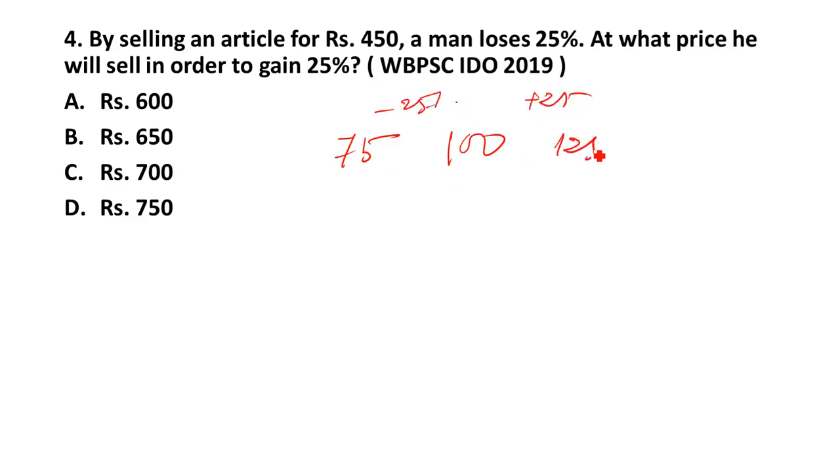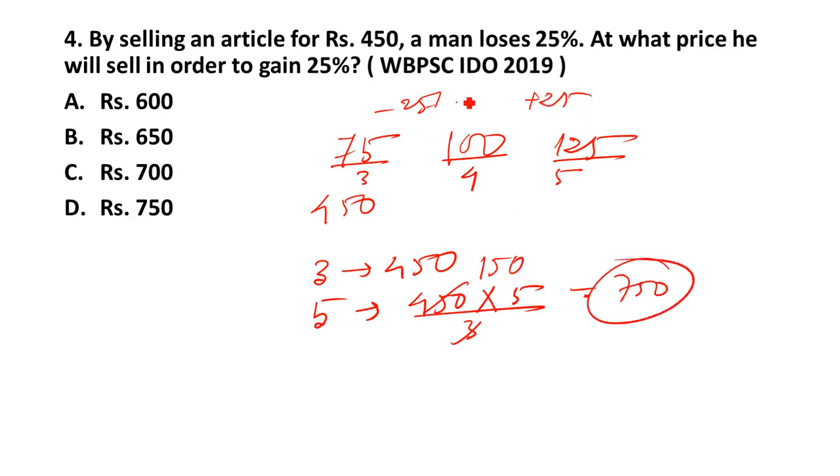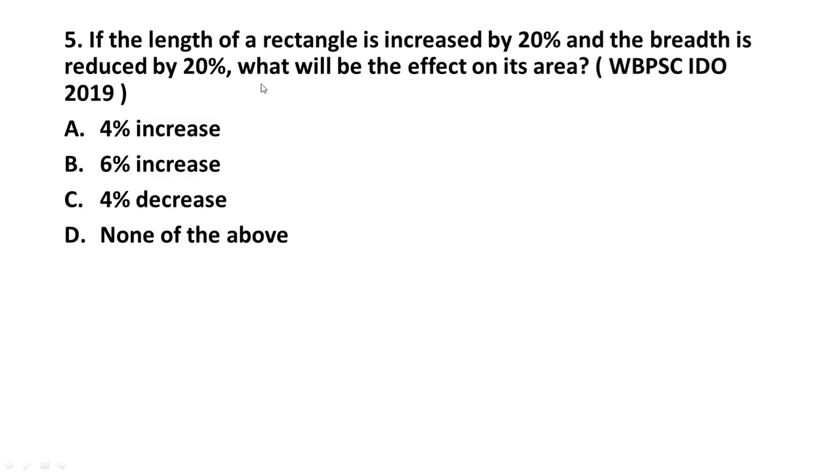If this is 450, suppose this is 4, that will be 3 and that will be 5. If I divide it by 25, 3 means 450, then what should 5 mean? 450 into 5 divided by 3. That means in order to gain 25%, I need to sell it at rupees 750. Clear? Next question. If the length of a rectangle is increased by 20% and the breadth is reduced by 20%,